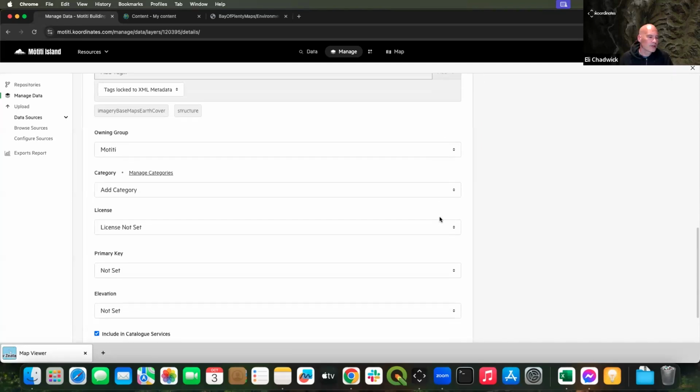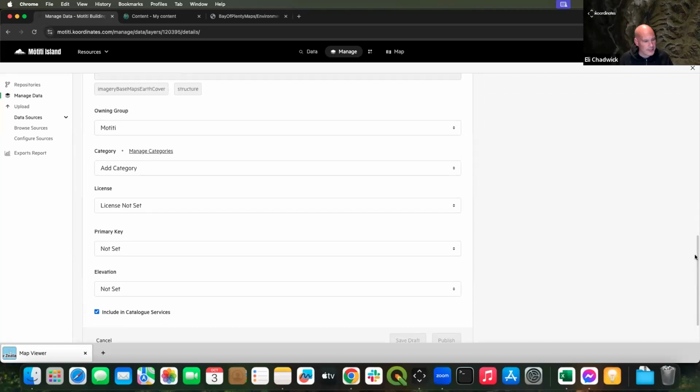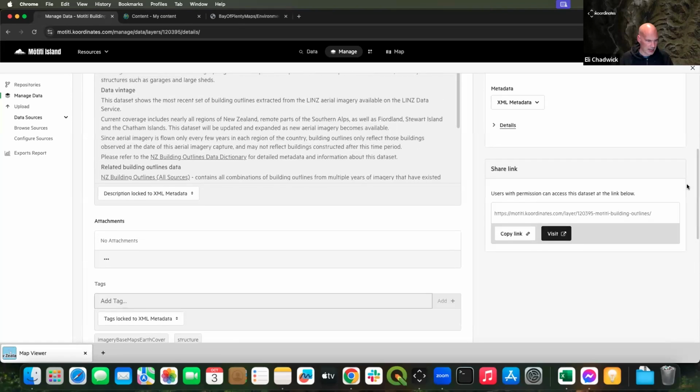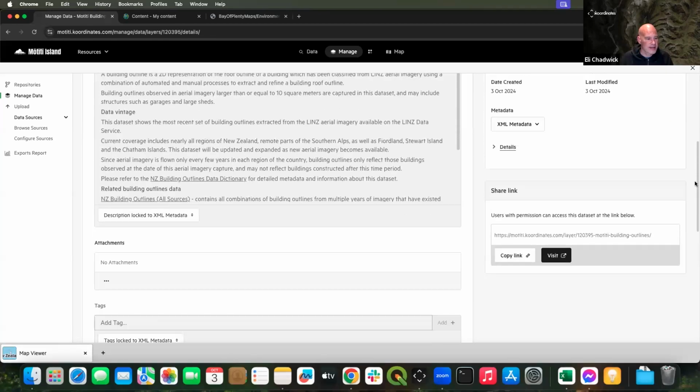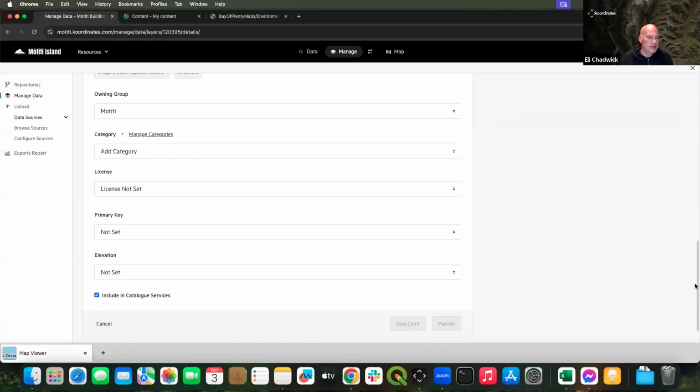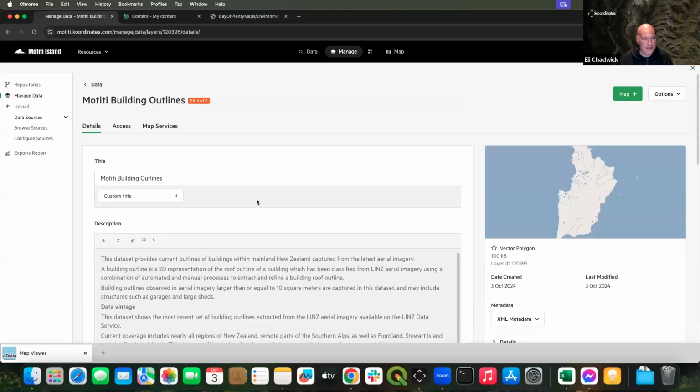If I wanted to, I could go down here and set all of these values now. One gotcha though is if you want to be doing auto updates on a layer, you want to set that primary key when you do the import. But I don't need to fill all of these out. It's kind of besides the point right now, but the fact of the matter is all of these bits and pieces here are going to contribute to what you see at the other end